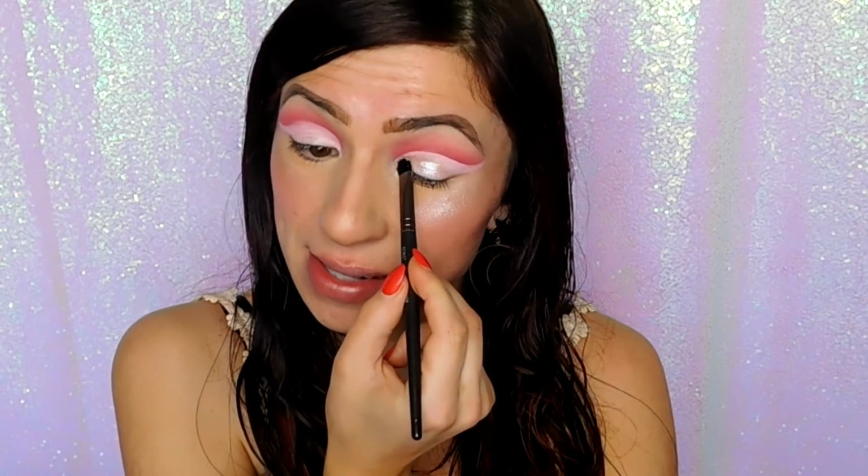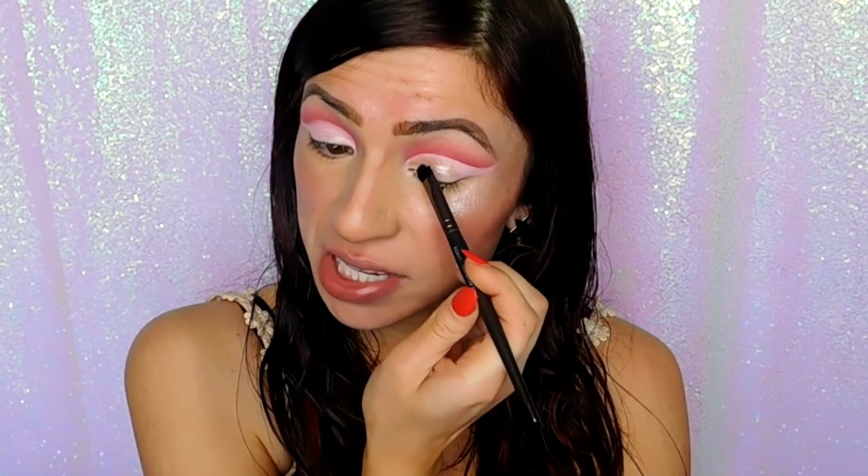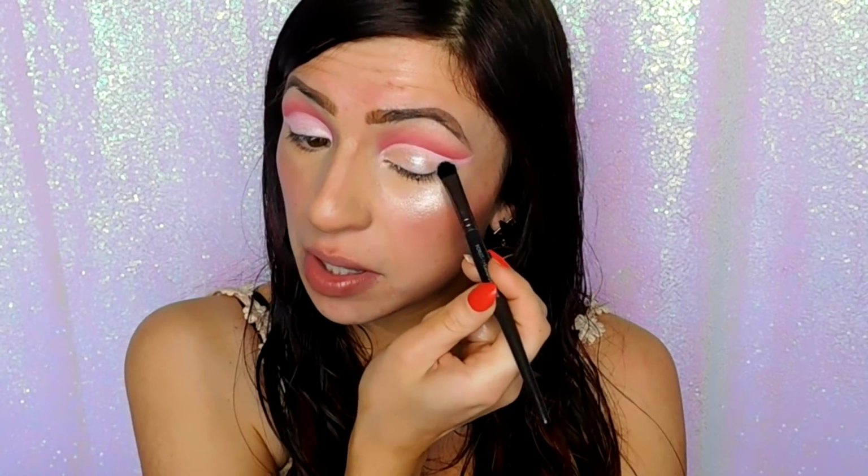And it is just as beautiful as I was hoping. Oh my goodness, that is absolutely stunning. Now when I first saw this in the pan, when it first arrived at my house, when I saw it in person, it automatically reminded me of my Huda Beauty Amethyst Obsessions palette. My favorite shade out of that palette was the really beautiful duochrome lavender pink shade,